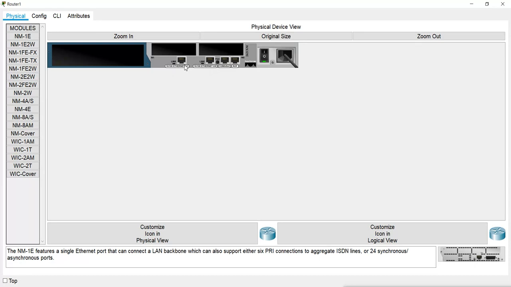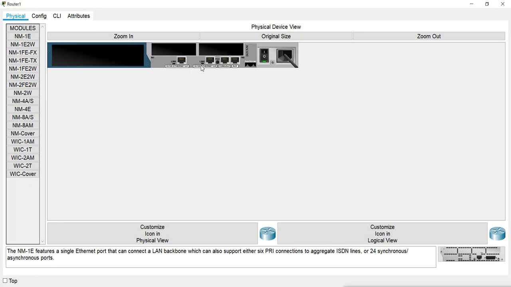Now why is it doing this? Because in case you add more interfaces in these empty slots, to differentiate between these ports and those ports, they get these numbers. For example, these are the inbuilt ports, so they get numbers like 0/0 and 0/1.